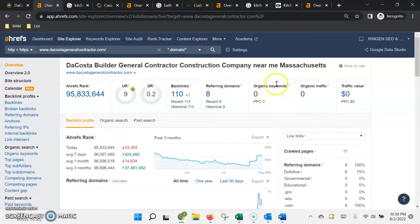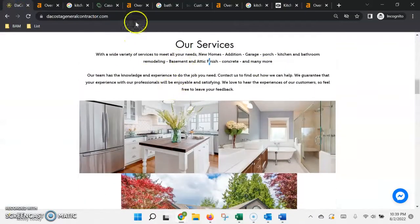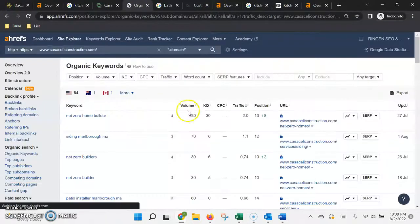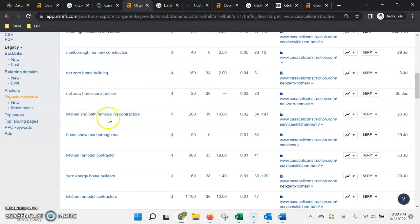Now, as you can see, as far as the content, Google is not picking up any keywords because, like I said, there's just not enough content on here to qualify to be able to get those keywords in there. But this is where we do some research and we find all the highest volume keywords. The volume is the estimated number of times per month they're being searched. So we find all the highest volume keywords, and we make sure that those are being included and found on your site. So for instance,